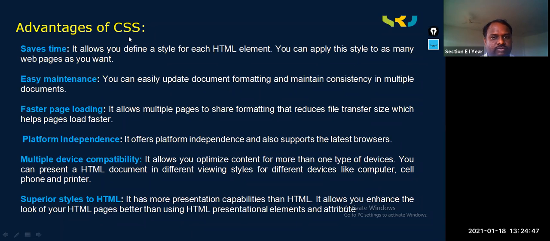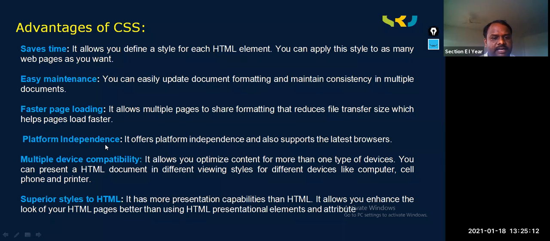I have already shown an example with the H1 tag and the font tag with the color attribute, to print one message on your browser using HTML. But we have reduced that by introducing CSS.